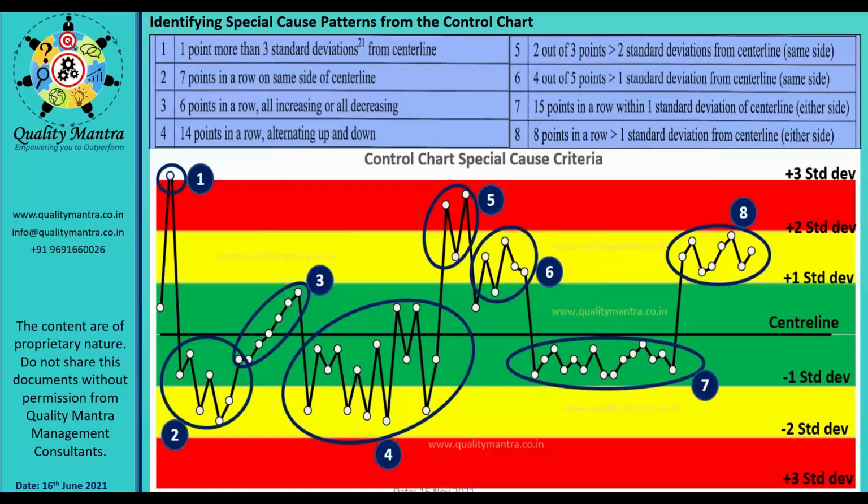Now, why is it happening? For example, you are reaching every day on the lower side of this one. So there might be a special cause that your watch or your alarm clock, whatever it may be, is showing wrong timing. That's why you are reaching early. It means there is a problem in the alarm clock, the watch, or the mobile timing. It means it is not predictable. Today it is showing you are reaching early. Tomorrow it may happen that you go out of control limit, out of specification limit. When there is a special cause present, it can happen.